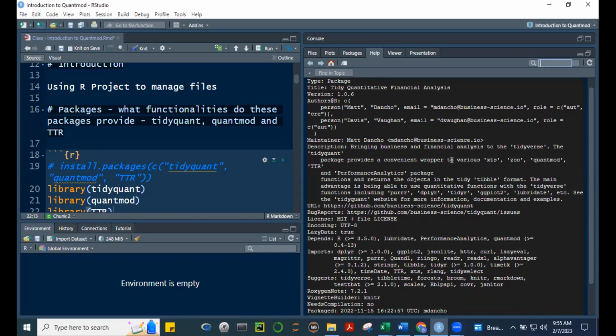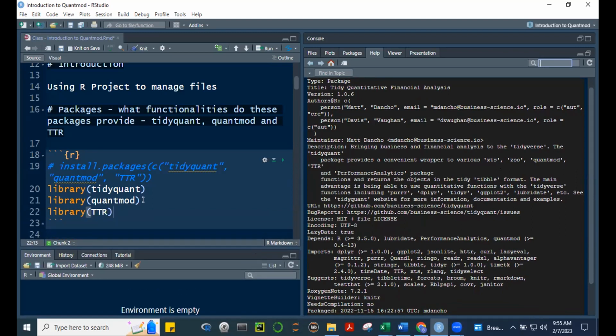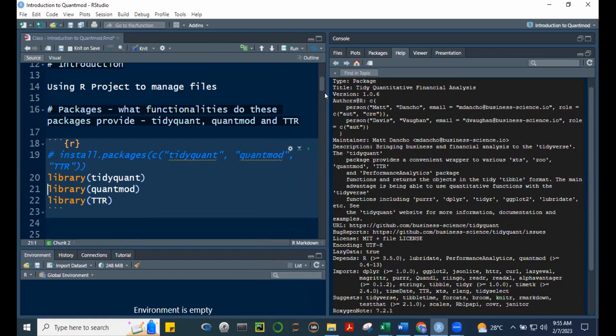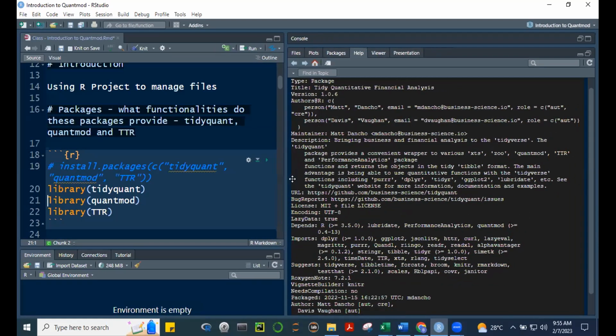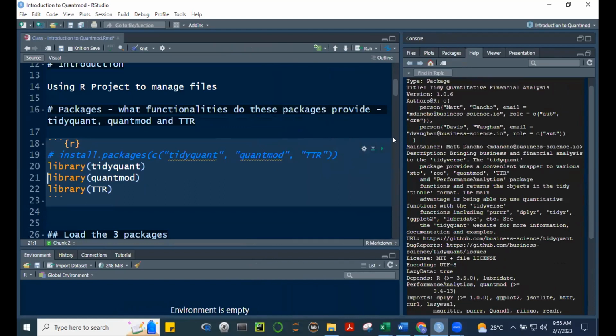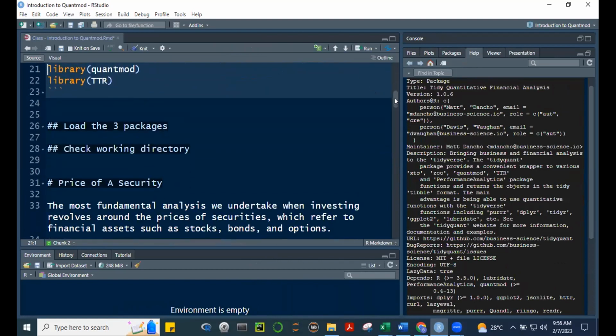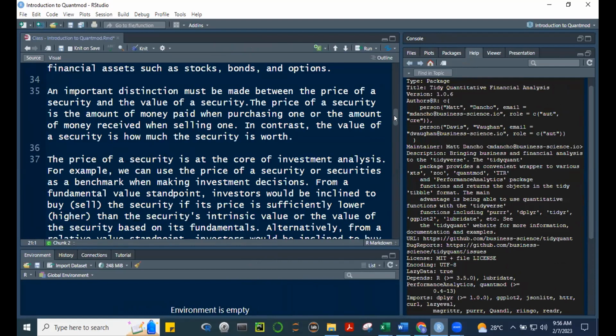Package provides a convenient wrapper to various xts, zoo, quantmod, TTR, and PerformanceAnalytics packages. So it's a wrapper. It combines these packages. Okay, that's why, for example, when I load tidyquant, let me run this together. Okay, you will see that there were some comments about